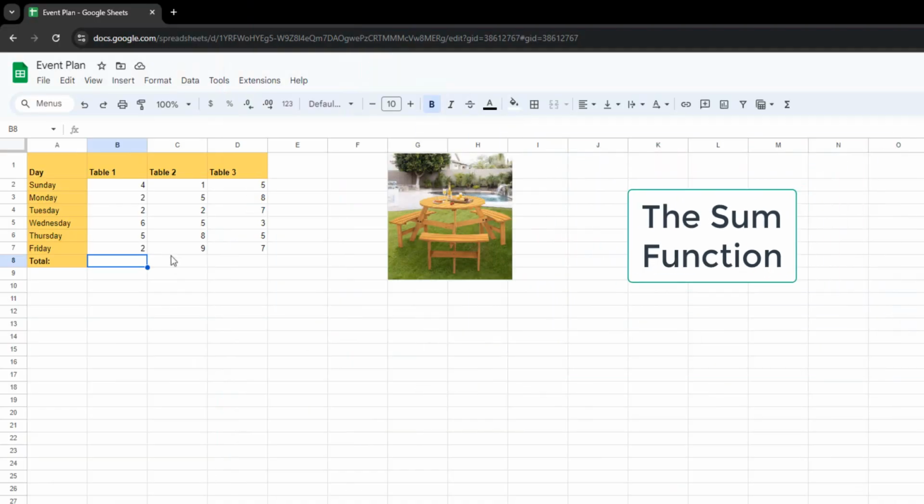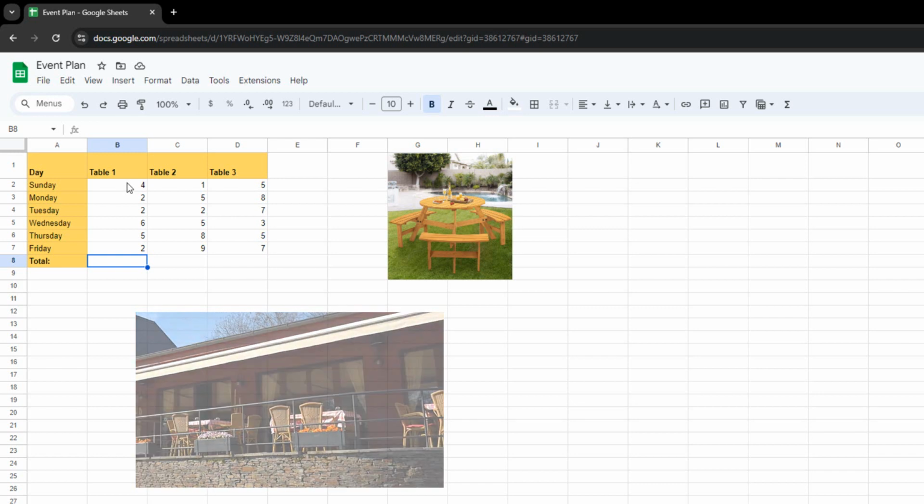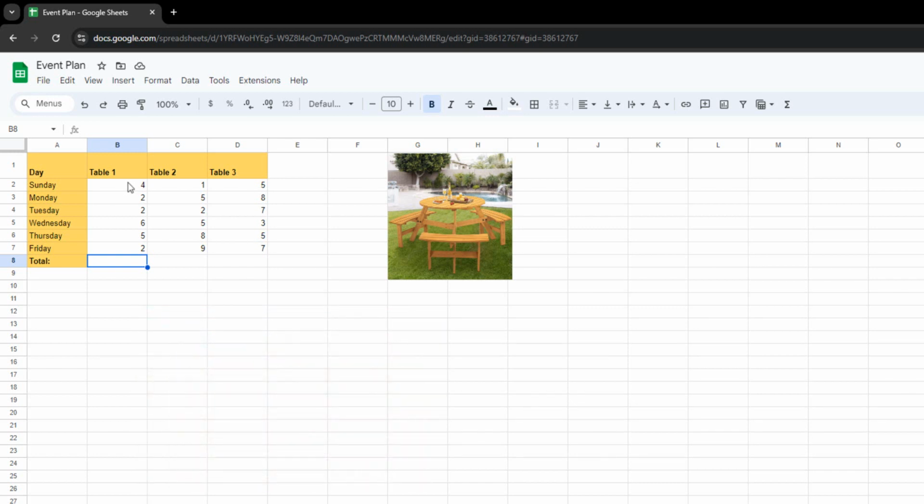Next, we're going to talk about using the sum function. Let's say we own a restaurant here. We have 3 different tables that people come to sit at each day of the week. Let's say we wanted to add all of these together, every single table. We can't do what we did last time, adding it one by one. So we're going to